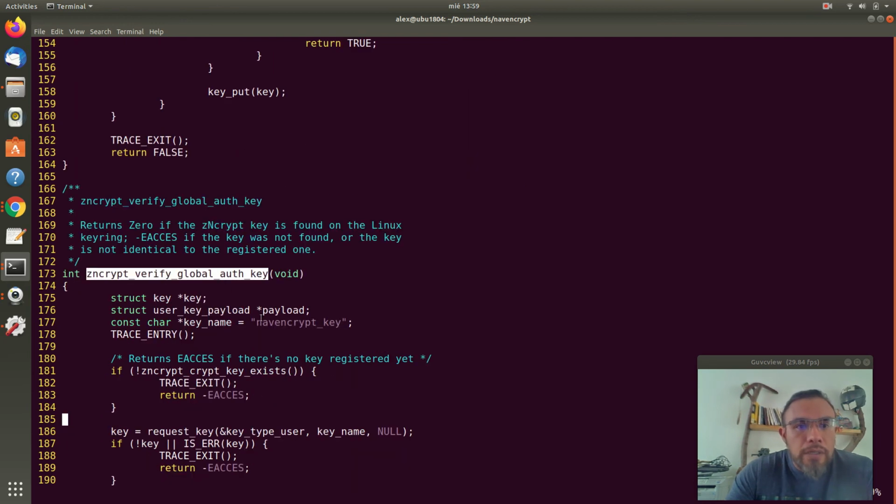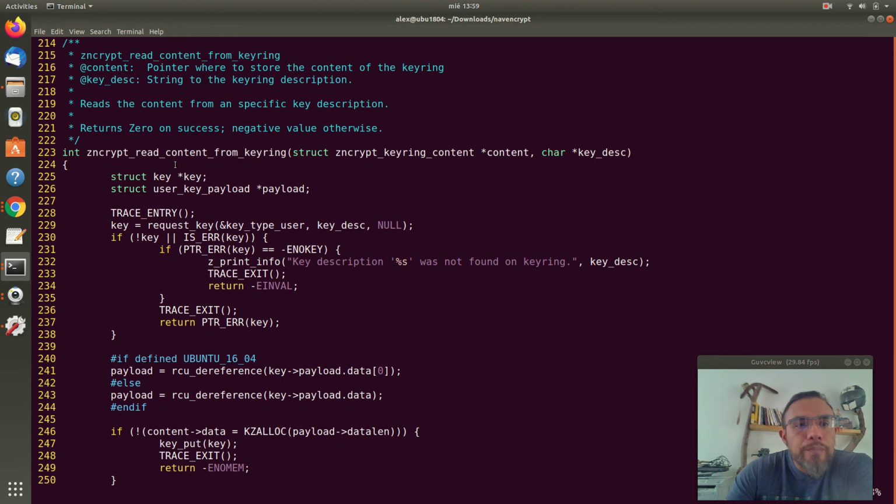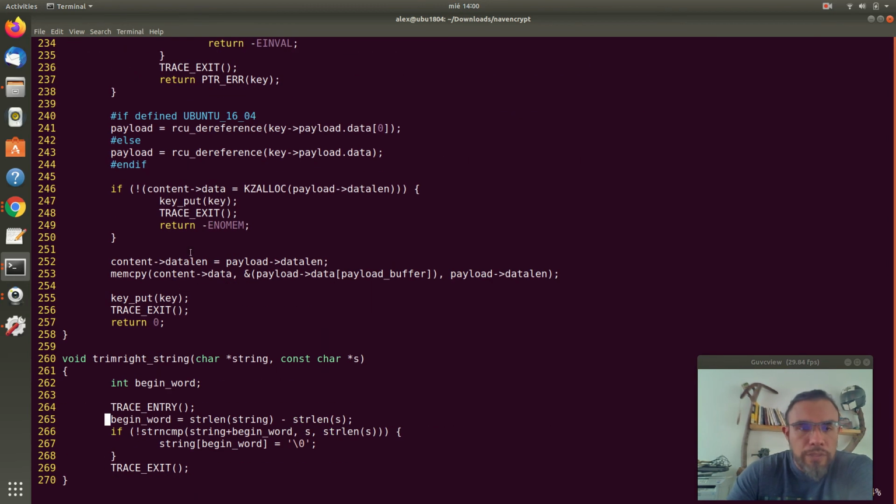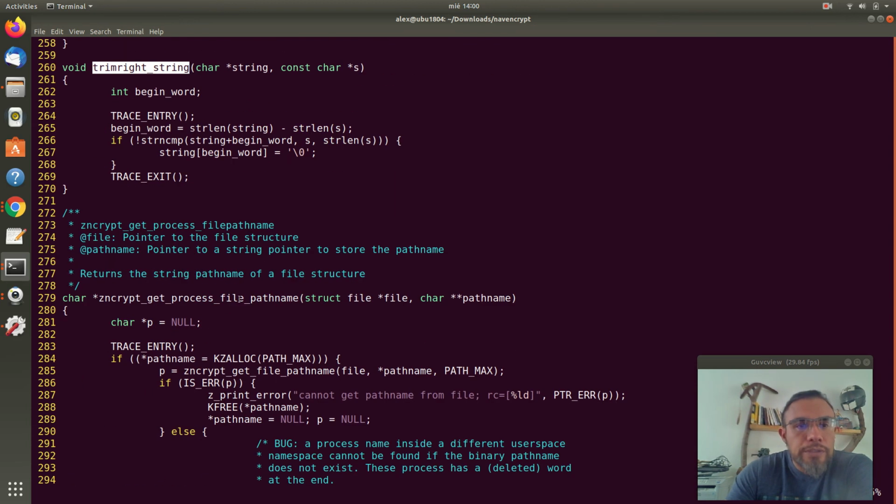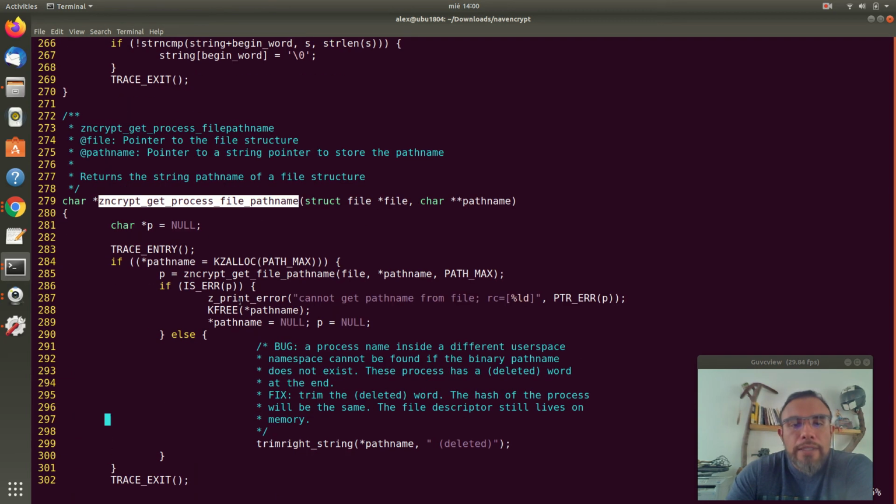We have a global authorization key to perform the pass of the buffer from the keyring that is named Navencrypt key. We can read the content from the keyring, whatever that is. We can read the fingerprint of the shell or the profile, etc. Some utility operations such as trim. And we can read the process file path name in order to get the content read from this function that is going to perform